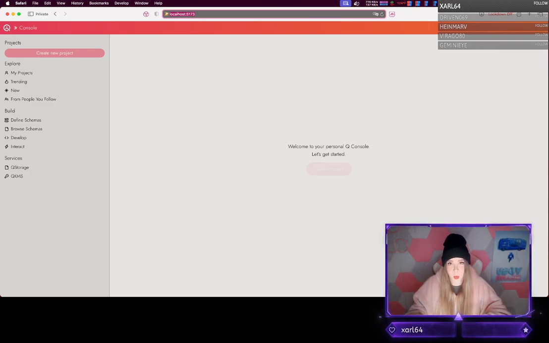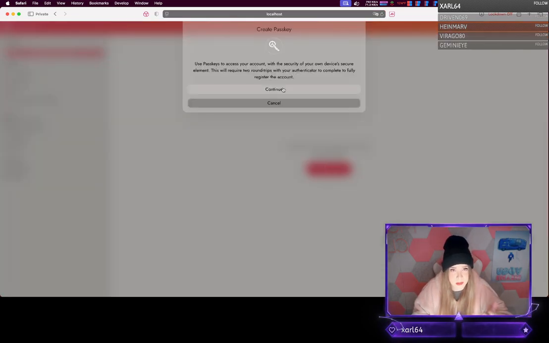We're going to go to the QConsole site. This is the onboarding experience, and I wanted to walk people through what that's like because this is a really strong reflection of what using the Quilibrium SDK for your own projects is going to produce in terms of how onboarding experiences work. To start things off, even on the QConsole itself, dealing with the same type of infrastructure, we create an account, and it uses the same passkey style flows that people have already become familiar with